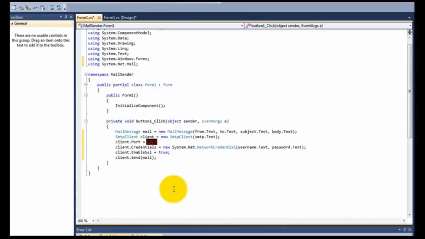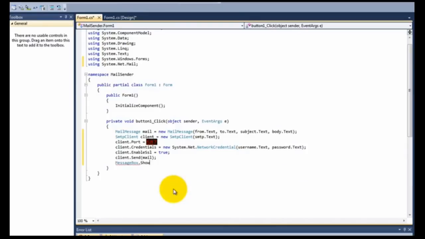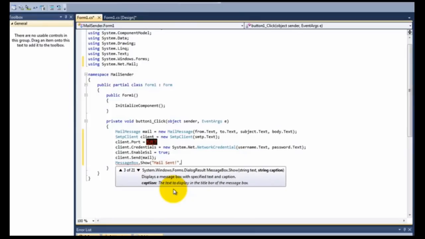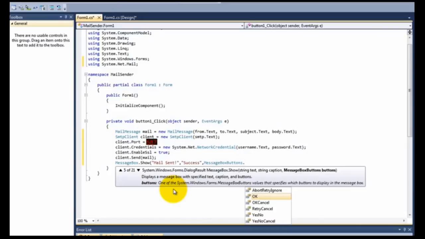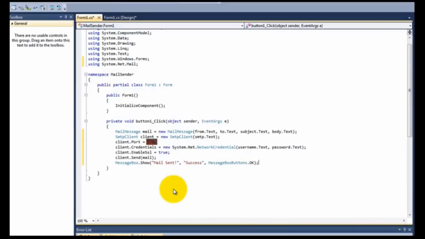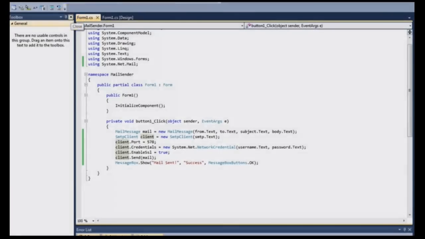Client.send parenthesis mail, then semicolon. Message box.show mail sent, comma, success, comma, message box buttons.okay.